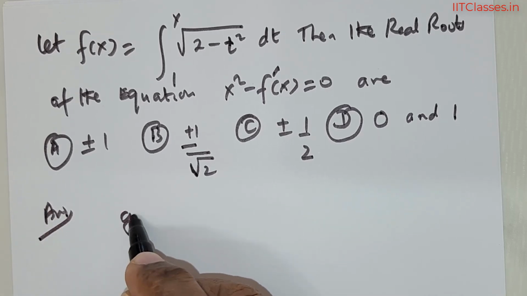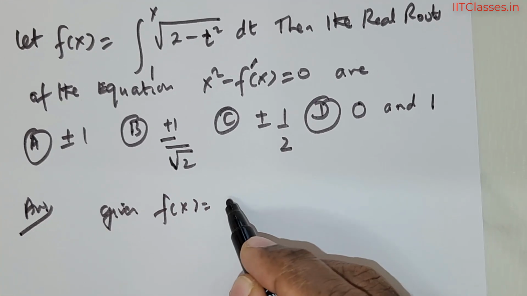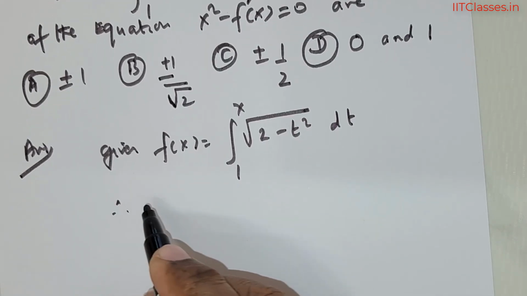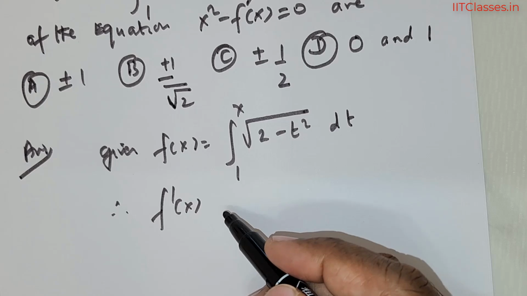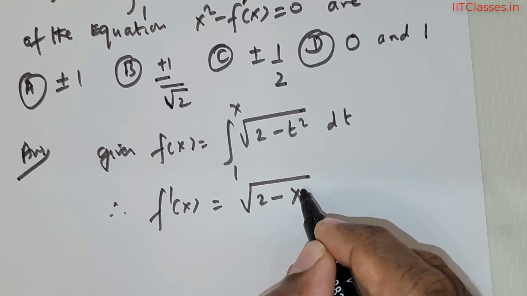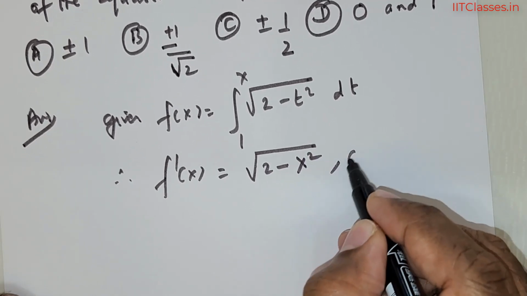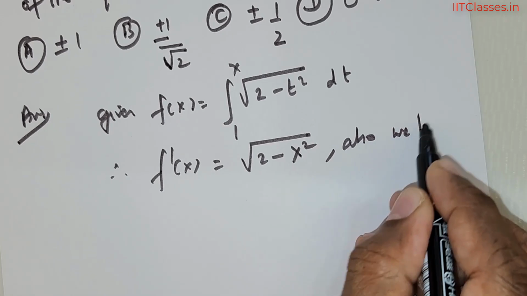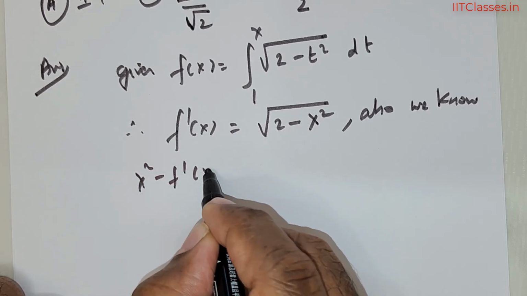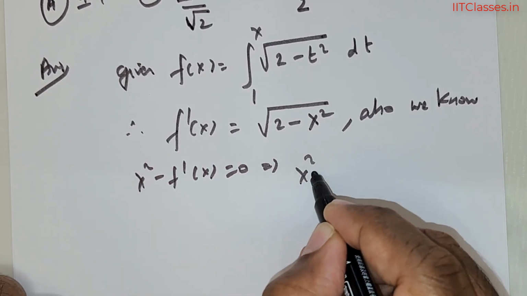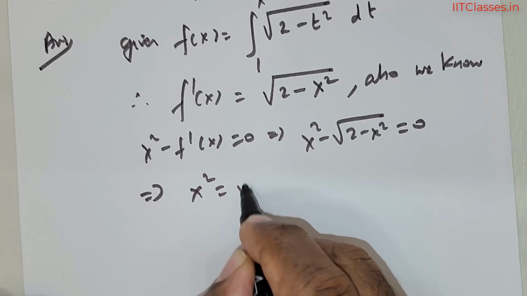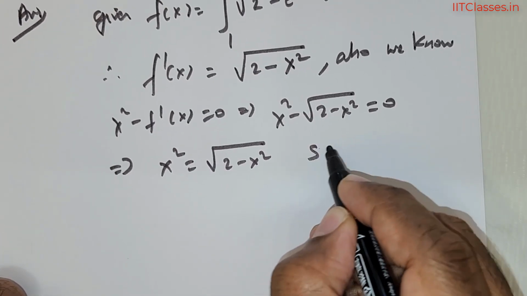Answer. So this is given: f of x is equal to the integral from 1 to x of square root of 2 minus t squared times dt. Therefore f dash of x for this is going to be root of 2 minus x squared. Also, we know that x squared minus f dash of x is equal to 0. This means x squared minus root of 2 minus x squared is equal to 0. This in turn means x squared is equal to root of 2 minus x squared. So squaring both sides,